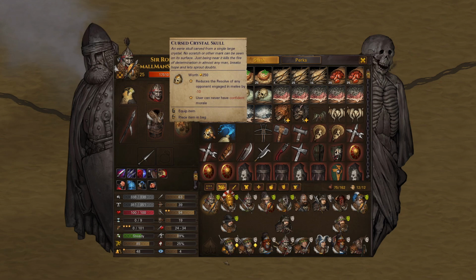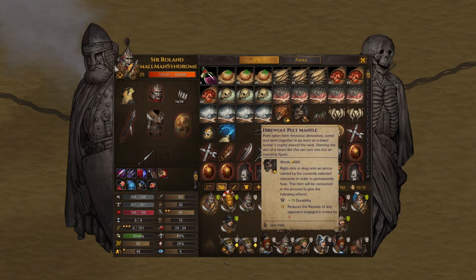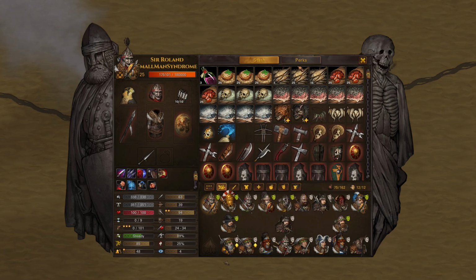But anyway, what we see here is if you have 100 resolve from Fearsome, and then you have the crystal skull and the Direwolf Mantle, enemies are going to have a check with -35 resolve when they're engaged in melee with the Fearsome dude, and that's huge. And if we can do that frequently with multiple attacks, we can get people breaking. What we want to see is enemies breaking very quickly, so we don't have to kill them. Hopefully, we could be breaking them before they act. We started using adrenaline, and then you hit them, and then when they act after you, they will run away